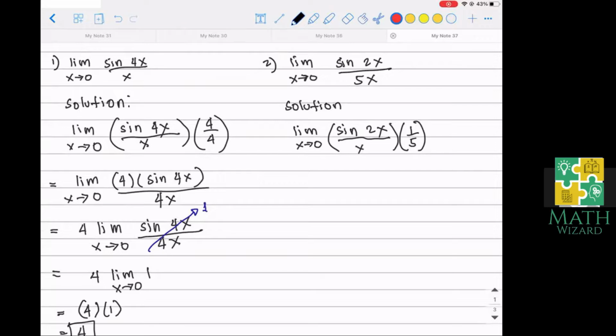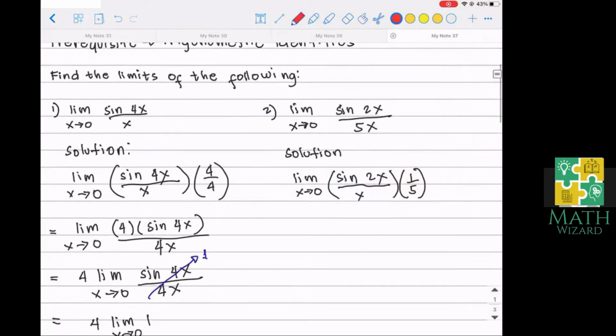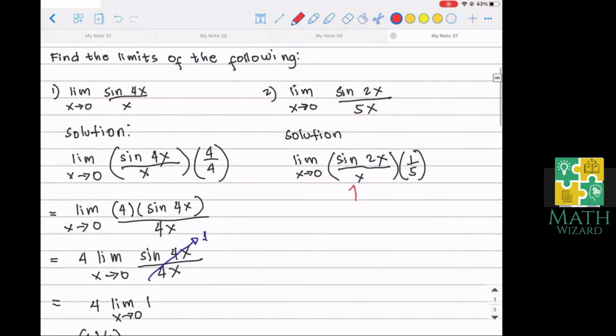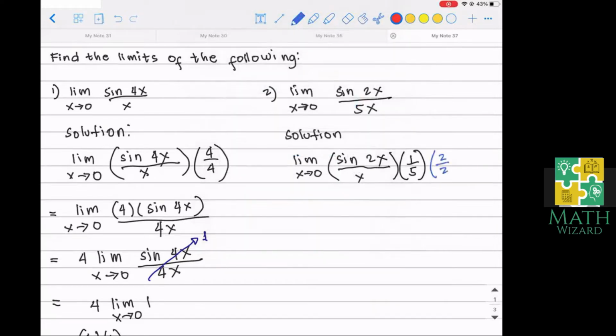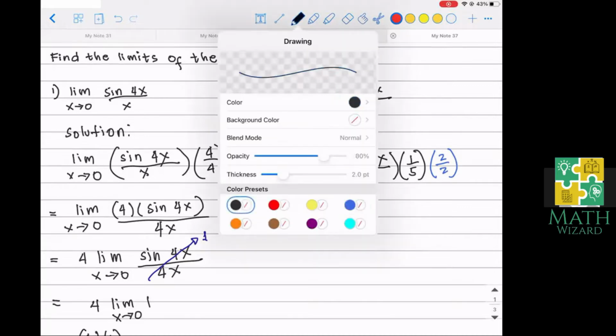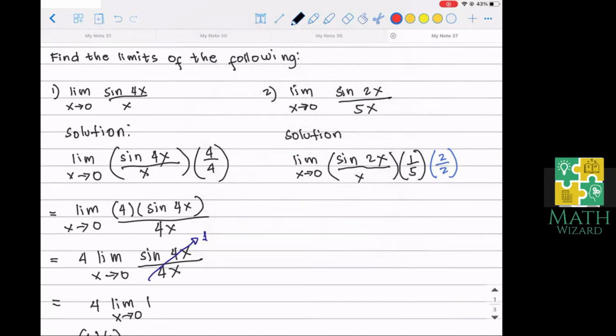Now, ang purpose natin ay maging 2x ang ating denominator. Dapat ang denominator natin ay maging 2x para sine 2x over 2x, that is equal to 1. Ano yung gagawin natin? So, ang gagawin natin is i-multiply natin ang ating function by 2 over 2. Okay? Let's multiply this by 2 over 2. 2 over 2 is just equal to 1. So, kapag minultiply natin yan sa 2 over 2, okay, so this becomes the limit of